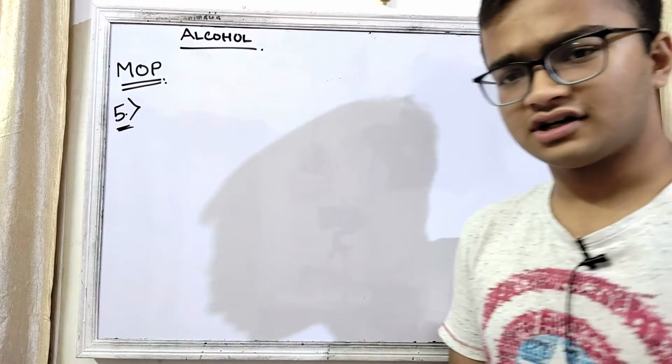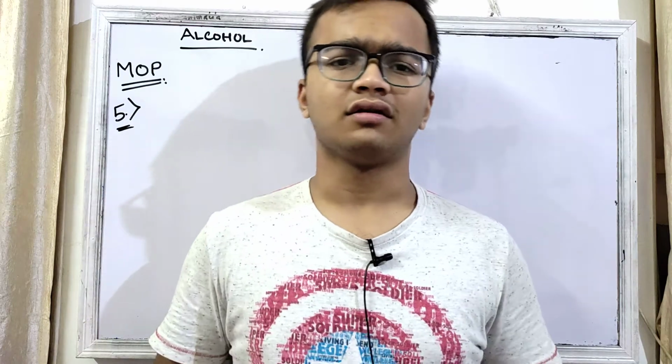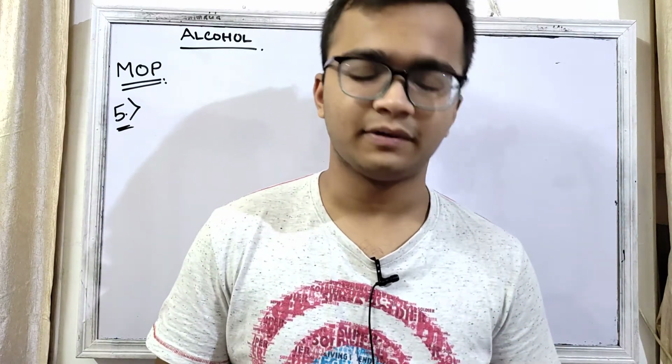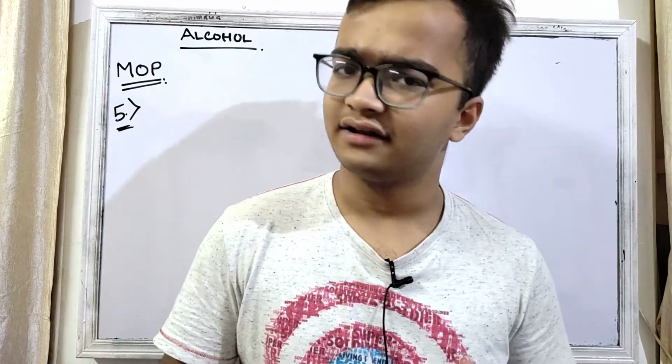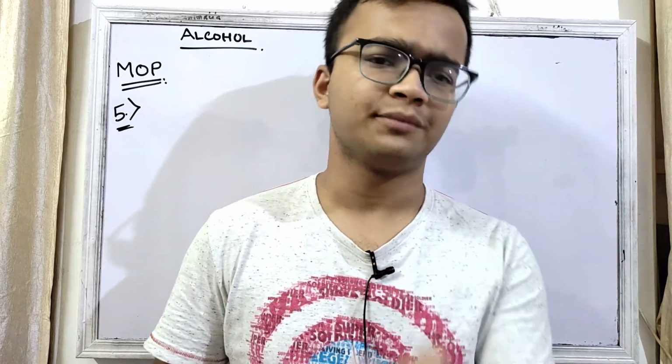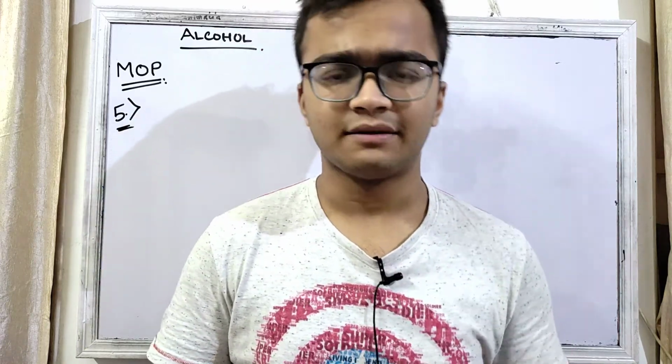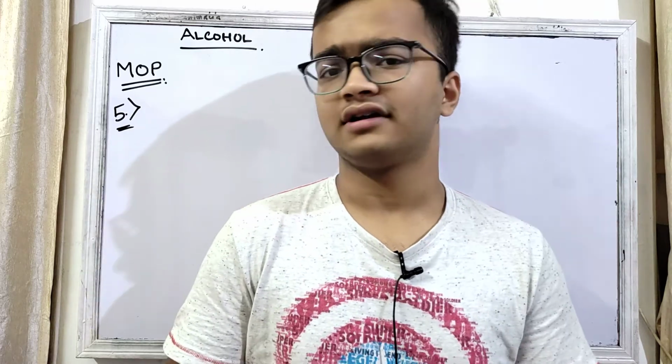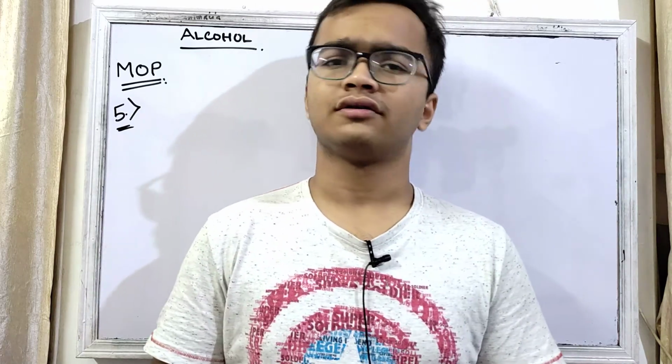Okay, so let us start once again. We are going to prepare alcohol by the reduction process of aldehydes and ketones. It's quite simple. We will take only two kinds of reagents. Suppose it is H2 over platinum, palladium, or nickel, or you can take lithium aluminum hydride or sodium borohydride.